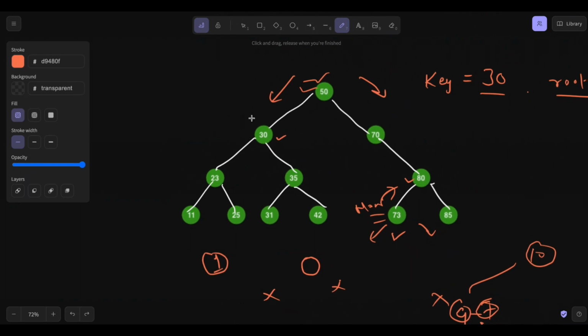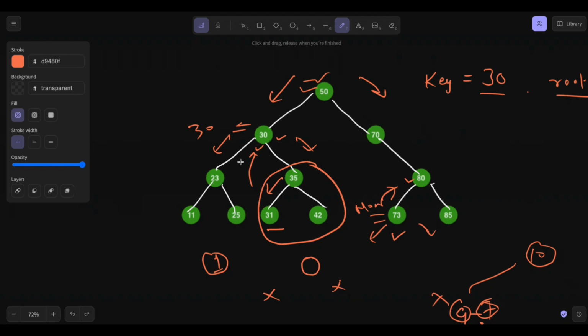Let's say, coming back to a previous example, right? So let's say I want to delete 30. Now in this case, it has both children, left child as well as right child. Now I want to delete this particular node, right? So I have to replace 30 with one of the nodes from the right child. Now if I think of an in order traversal, the next possible node for 30 will be 31, right? So what I'll have to do is go to the right child, then traverse to the left and pick up the leftmost element and then assign it to the 31,